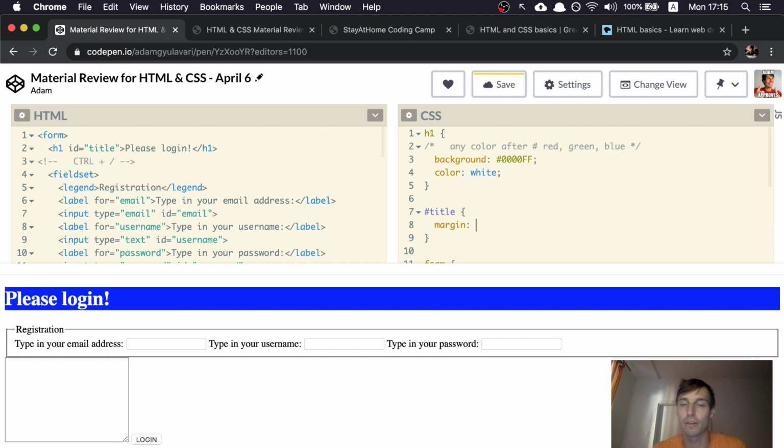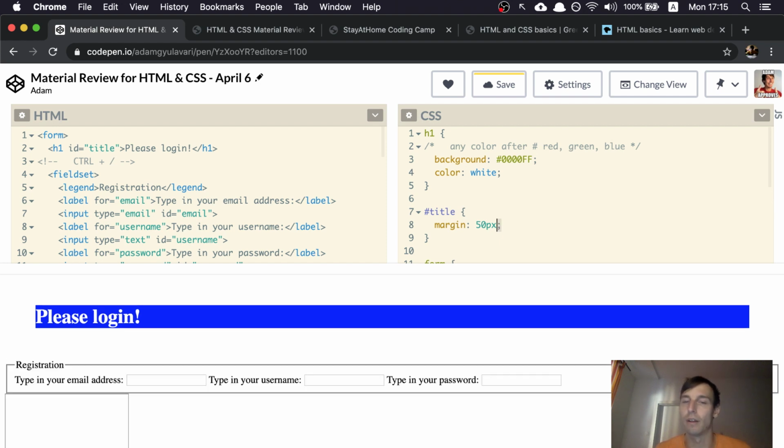So if I say that there is going to be a margin on this element, it will have a distance from all the other elements there are in the document. So for example, this is going to have a number value. So I will have to type some numeric value here. And in order to make it valid, you need to use a unit next to the value, for example, pixels,